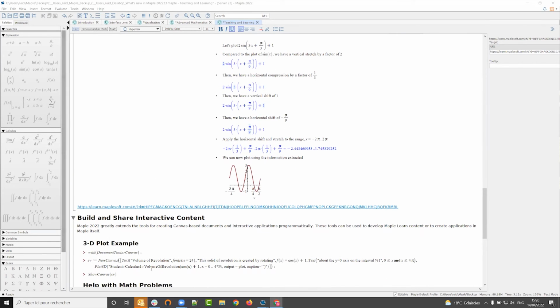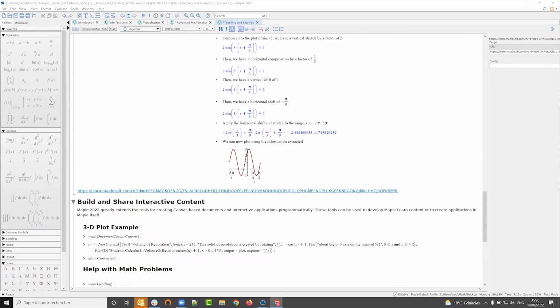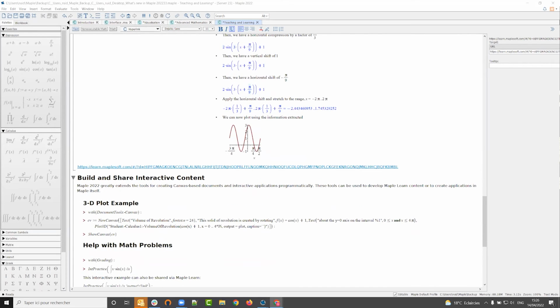So actually I'm going to do the transition to the next category while I'm talking about MapleLearn, which is how to build and share interactive content in Maple, because this is something once again that is a really great improvement in this new version of Maple 2022. And this is something that we've built by using customer feedback, working with teachers to make sure that we implement all the functions and commands to allow the teacher to build online and interactive content that they can share with the student and really to allow the student to understand and explore and have fun, I would say,